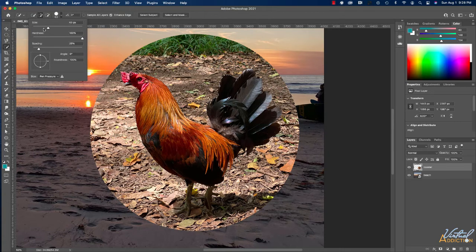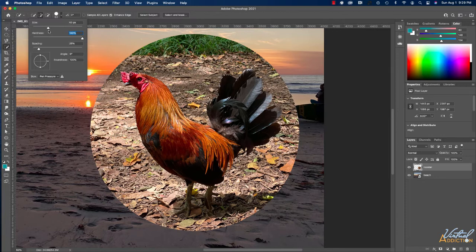So we have the size, which is the size of the brush. You can see the circle is going to represent the size of the brush. We have the hardness. So we have either a soft brush, which is a little bit more feathered or fuzzy on the edges. Your selection isn't going to be quite so crisp near the edges, or if you pump the hardness all the way up, it will be. And then you have spacing. So I generally will work with a pretty high hardness,